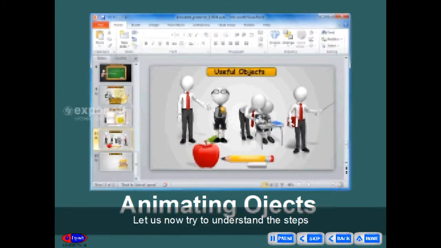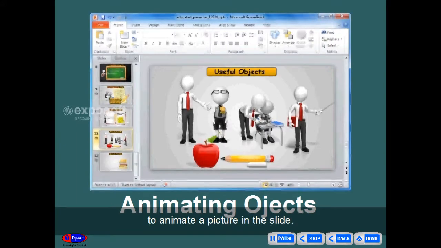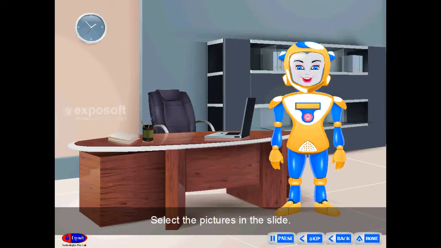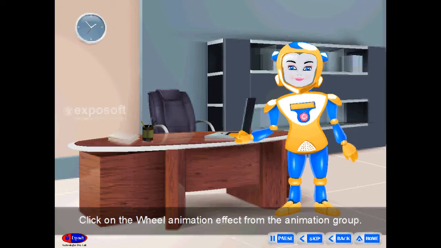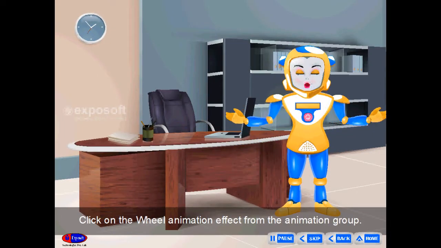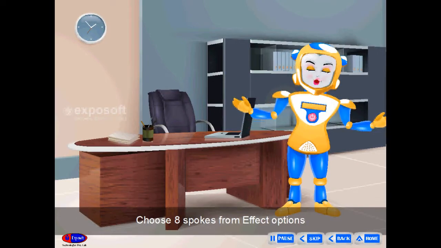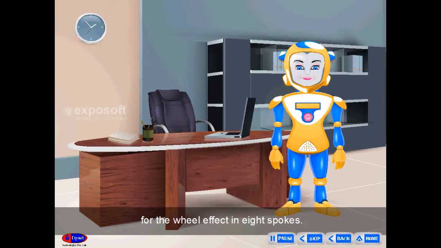Animating objects. Let us now try to understand the steps to animate a picture in the slide. Follow these steps. Select the pictures in the slide. Click on the Wheel animation effect from the Animation group. Choose 8 Spokes from Effect Options for the Wheel effect.